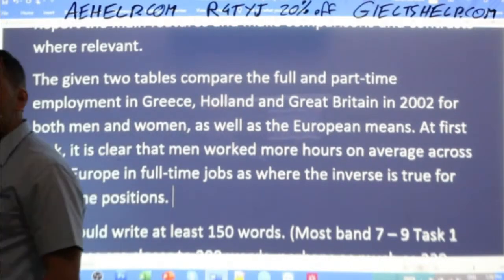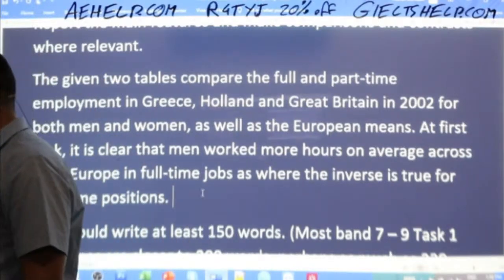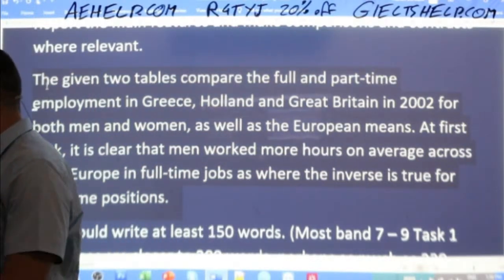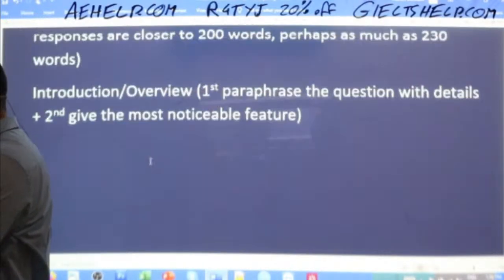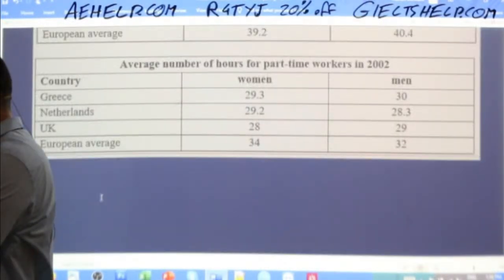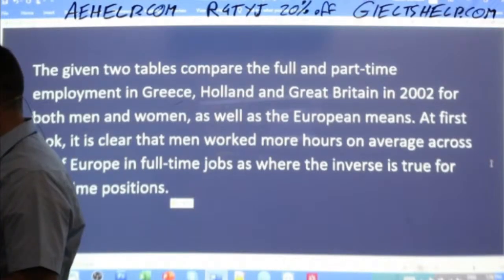Okay, so that would be my main feature. Okay, all right, so I'm going to move this underneath my table now so you'll clearly see the overview while I wait for you to also complete this.